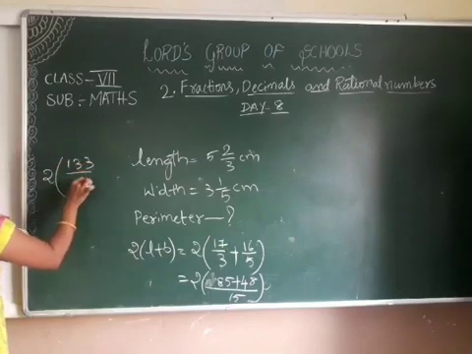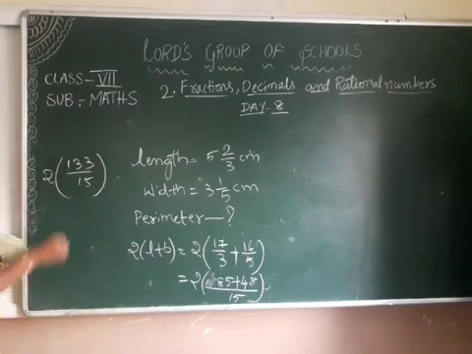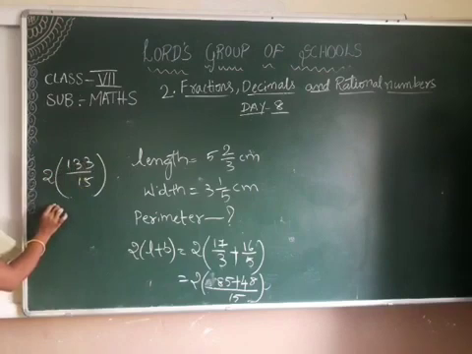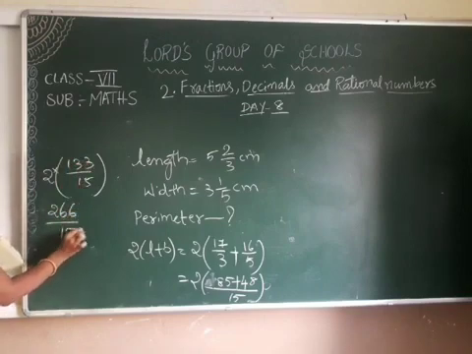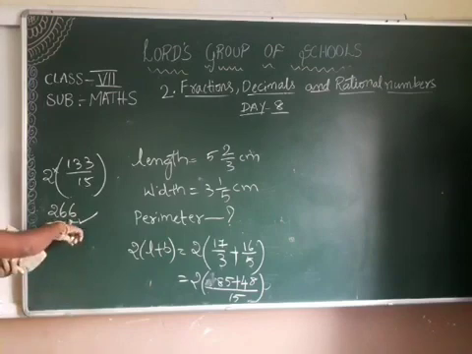133 by 15. So here you can take it like this only, or you can multiply 2 into the numerator 133, which is 266 by 15. Again it is our wish whether we convert it into a mixed fraction or keep it like this only. Better